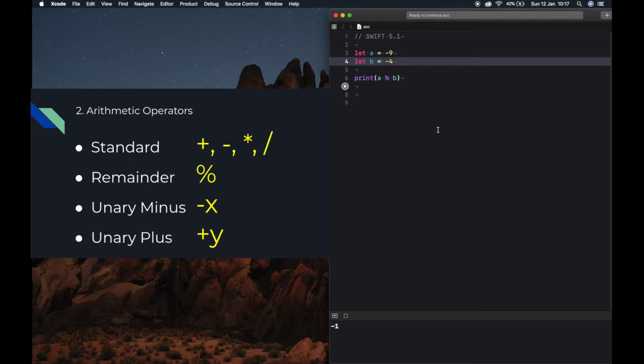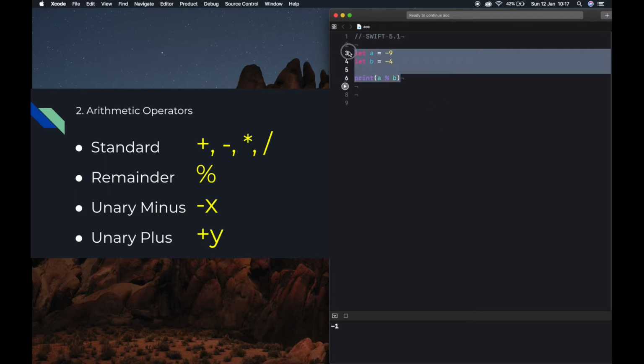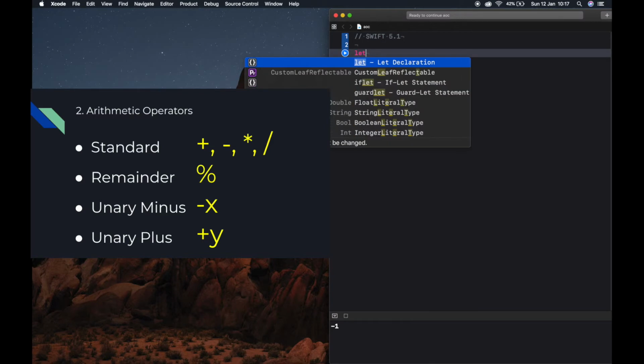Next, the unary minus operator. The sign of a numeric value can be toggled using the unary minus operator. For example, let.